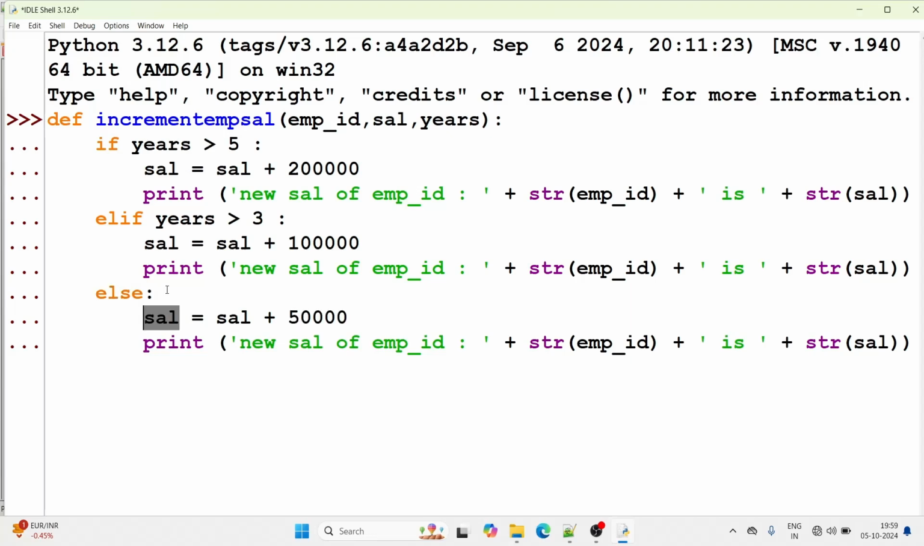So this is the assignment operator we are using. Salary equals salary plus 2 lakh. That means whatever value we are passing as an input parameter, plus 2 lakh, that will be assigned into the salary, right? So this variable will have our updated salary, right? And if you see the